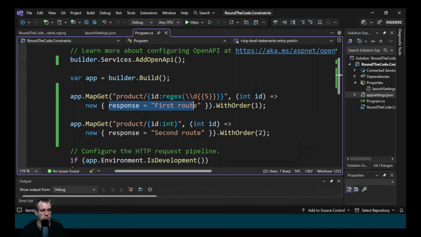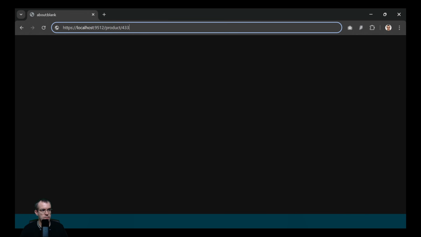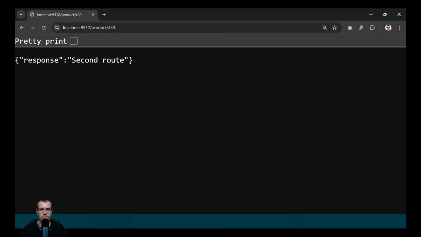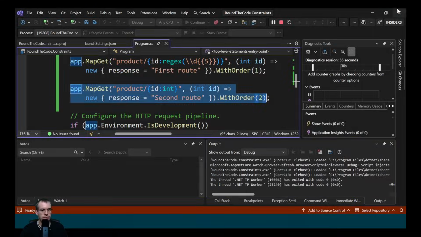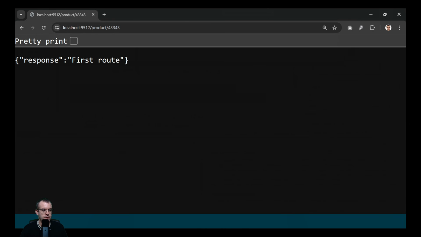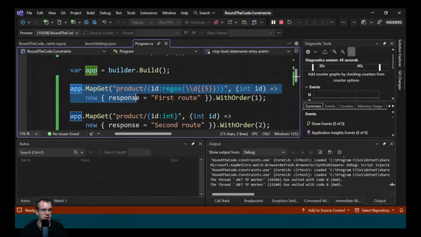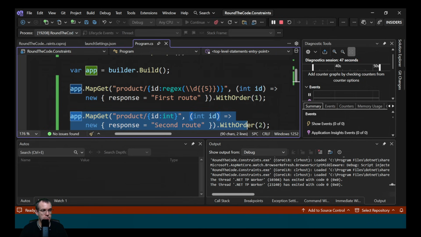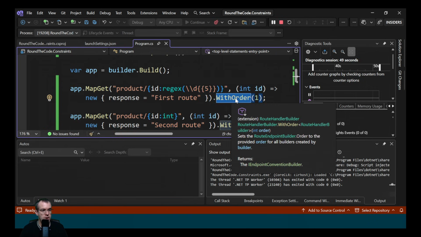We specified a response of first route and second route to test it. So we'll specify it with 3 numbers. That's matching the second route. Let's try it with 5 numbers now. Which route do you think it will match? It's matching the first route. Because we've got that in the order, even though it would match this one, we're specifying that that's got higher